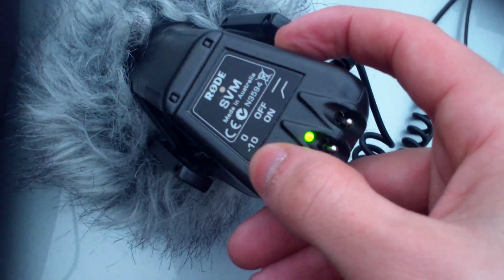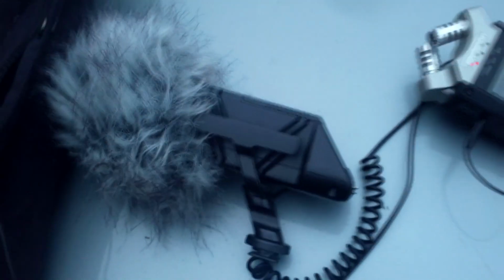This tool here is used for changing the input from 0 to -10 decibels, so it just gives it a little bit of boost when it's on 0 decibels, so you can hear all the fine details of scrunching a jacket like this, moving clothes, stretching a jumper, something like that. Really useful. It's getting dark now, and